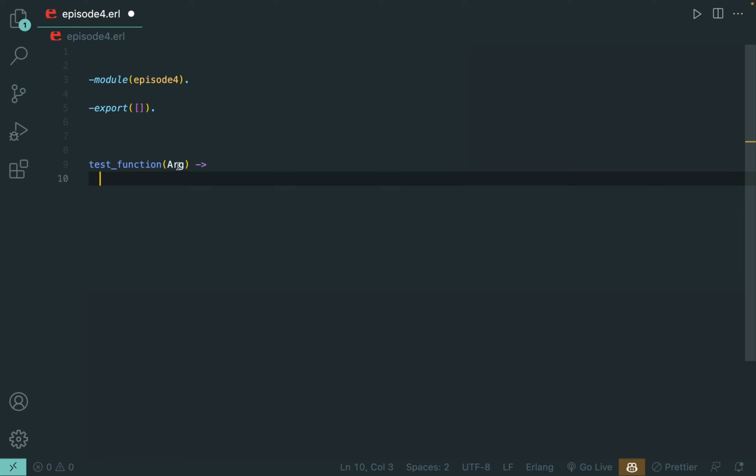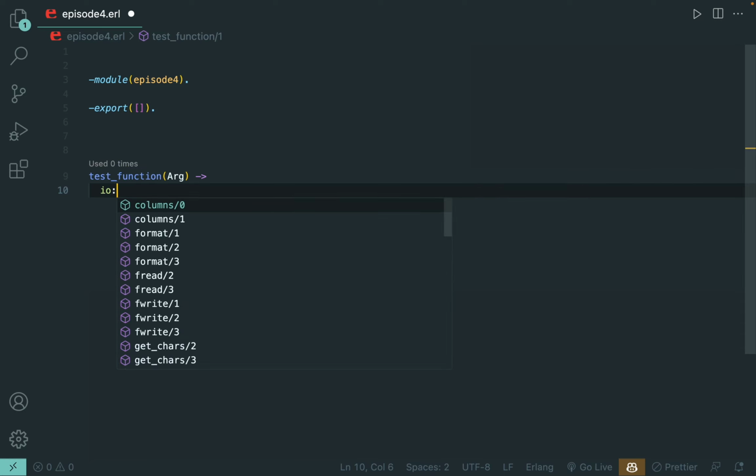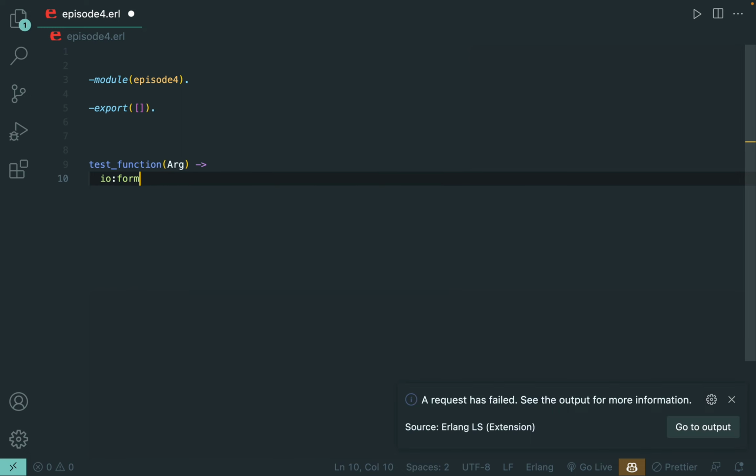Because it is unbound, that means we will pattern match any value here. I hope you remember that from the first episode. Okay, and here I will use the same function I used in the last episode, format from module IO. And here I will put arg, and here tilde p